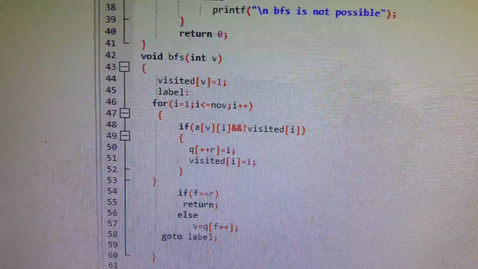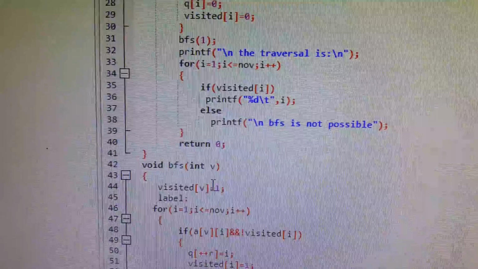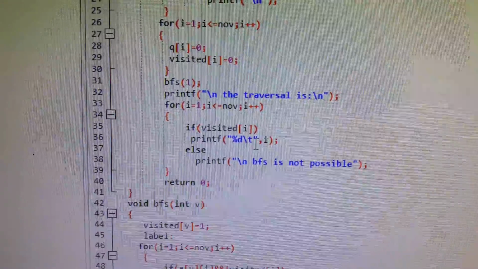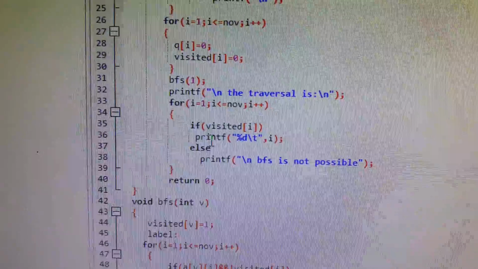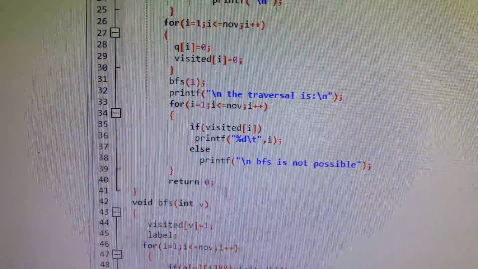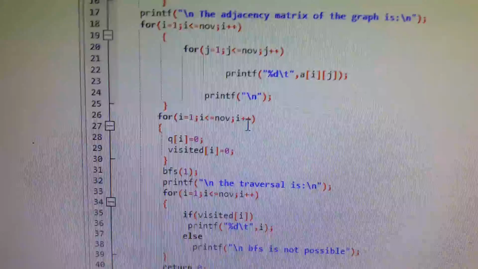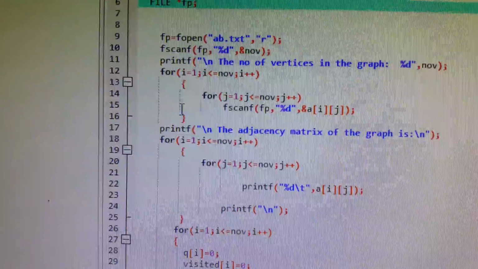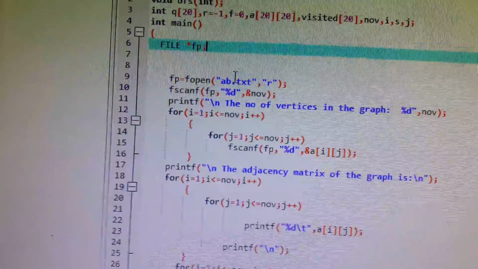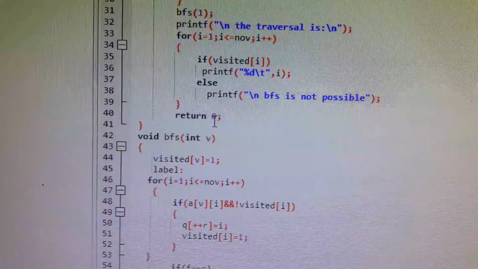After execution of the BFS function, the control will come to the main function, and then the whole traversal will be printed into the terminal. See here, the whole traversal is printed under this for loop. You are requested to write the whole C program on a different page, and relate the whole program along with my algorithm.